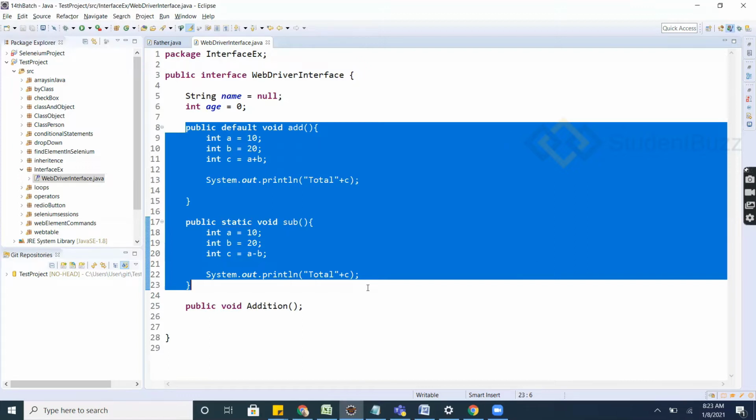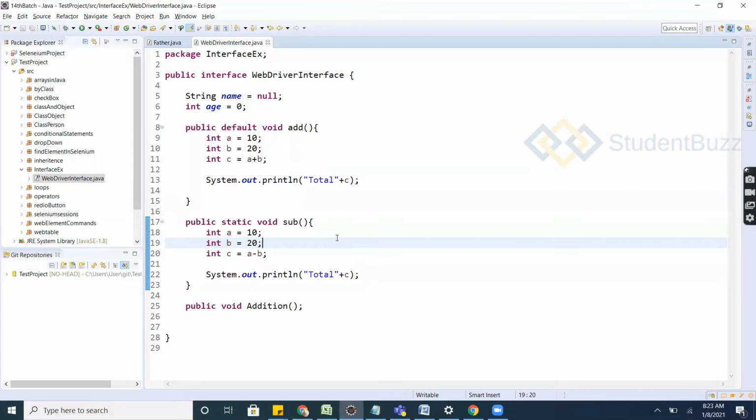So the people will answer it stating that with an interface we can achieve 100% abstraction. What does abstraction mean? Abstract methods will not have a method body. By seeing this interface which I have created, will it be possible to achieve 100% abstraction? The default and static methods can have a method body. From 1.8 onwards, it accepts default and static methods with a method body. Before it was not.